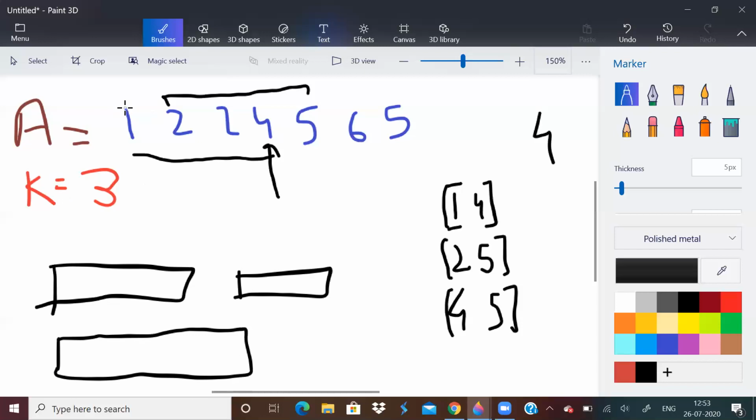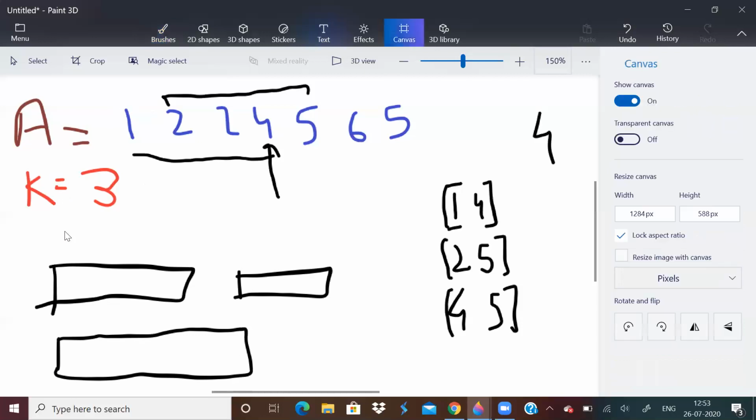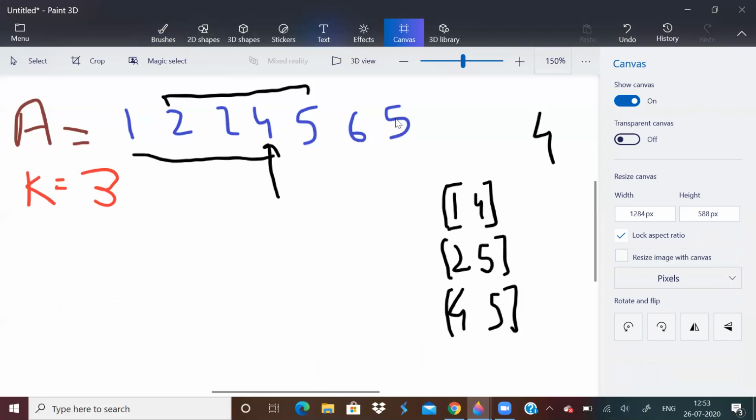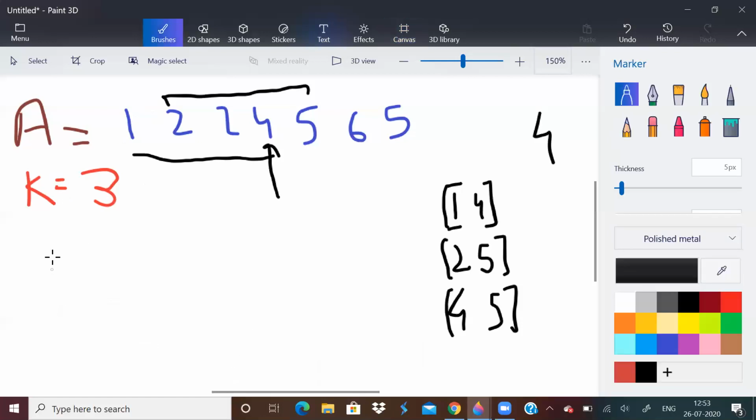Like in this case, see 1, we have 2 then. So initially our window size was this much only. Then our window size became this. Then our window size again increased. Then our window size again increased.